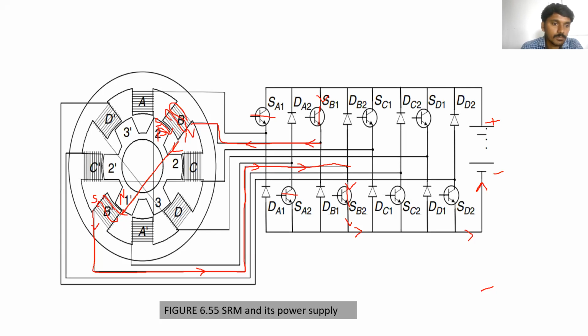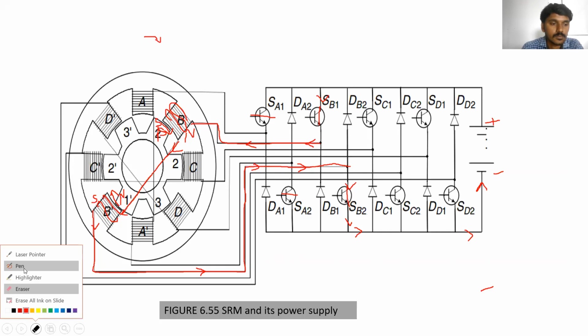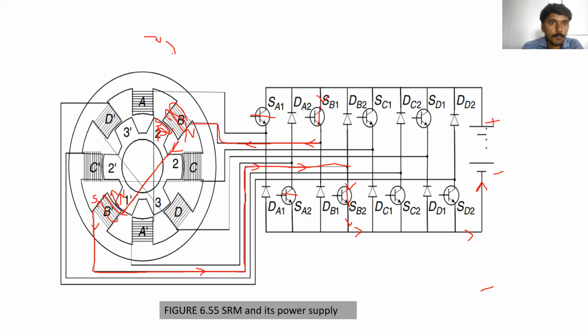and here at the B dash coil, the stator pole acts as a south pole, and the rotor pole acts as a north pole. These two will be attracted to each other. Clear? So the rotor again rotates in this direction. Again rotates in this direction, like this. Again, when the rotor rotates and the rotor position comes like this,